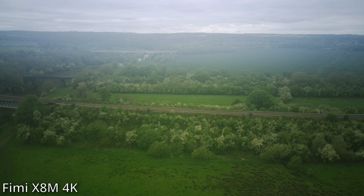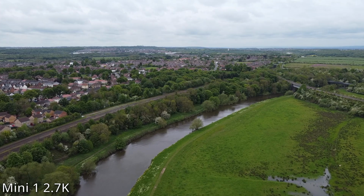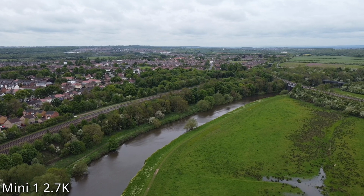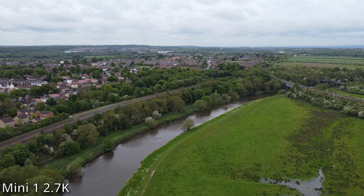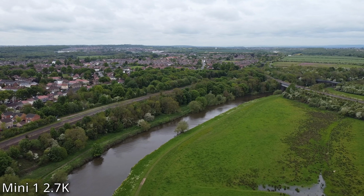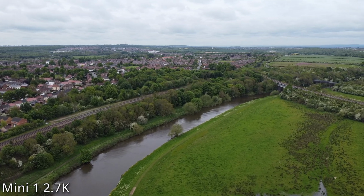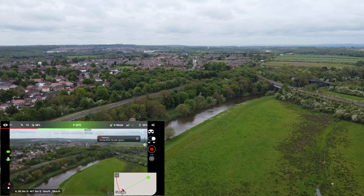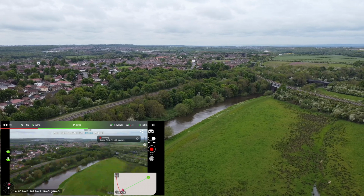Yeah, it's going quite slow, isn't it? I wonder if we can put it in sports mode and see what kind of speed we get, because it just felt very slow to me. We're getting a little bit of breakup now. Now, don't forget, this drone is not using,